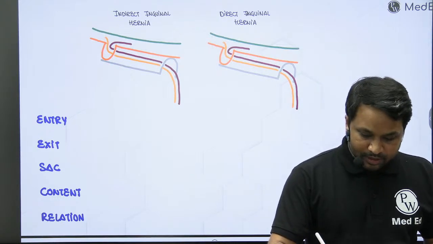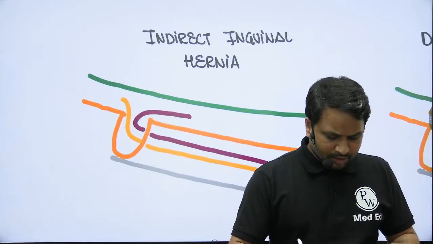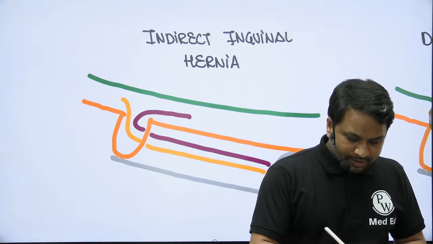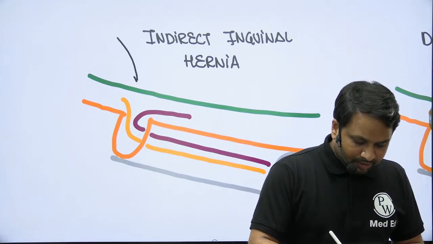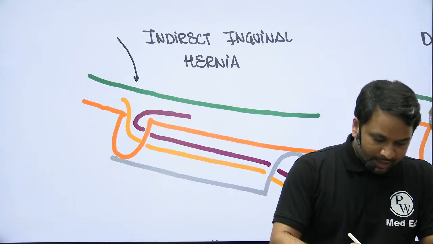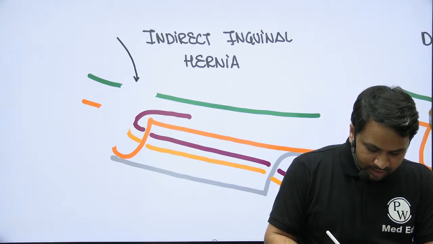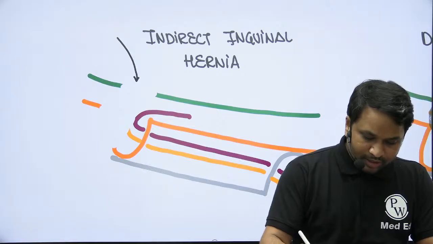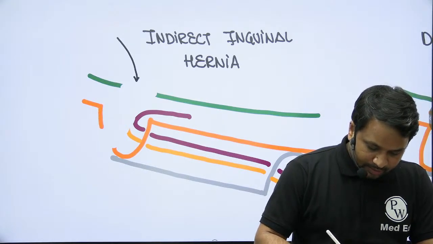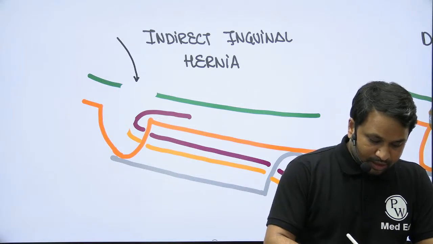Now, in simple words, to get the concept correct for indirect inguinal hernia, it so happens that you'll start exerting pressure. Let's say there's a bowel that is present, and that bowel is exerting pressure at the deep inguinal ring. As the pressure continues to mount, what is going to happen? You will notice that this area is going to get widened. Under the influence of so much pressure, the deep inguinal ring is going to dilate. Now, this dilatation of the deep inguinal ring is under the influence